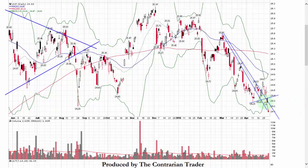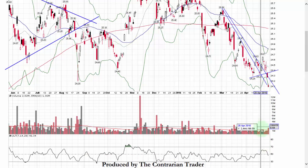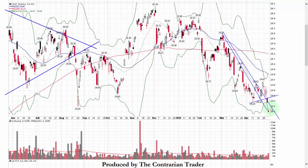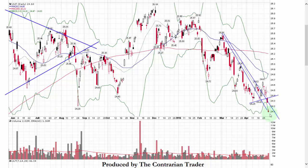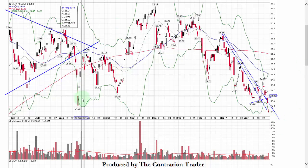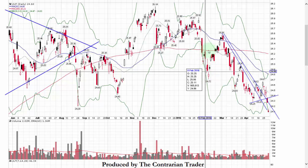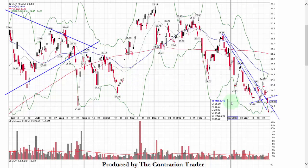and it's reflected now in the U.S. dollar. So right now we're trading down below the third standard deviation Bollinger Band. We closed down on big down volume. Now, while we could still make lower lows, it's not going to stay below this 3 standard deviation Bollinger Band all that long. Normally when that happens, like it did back here, like it did back here, like it did back here,